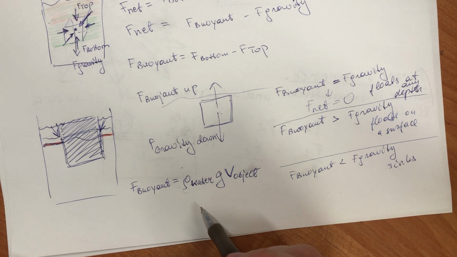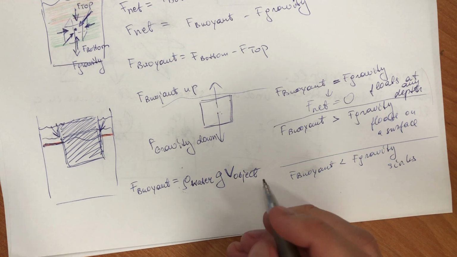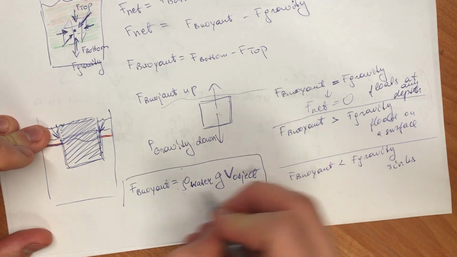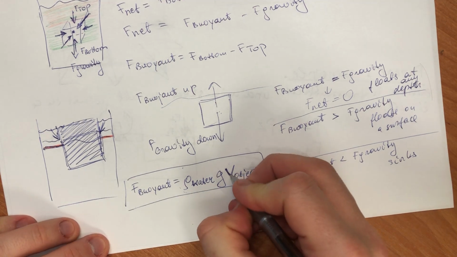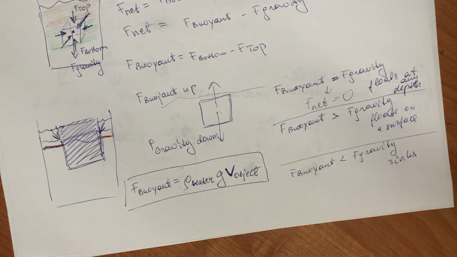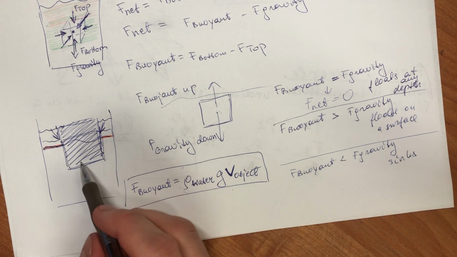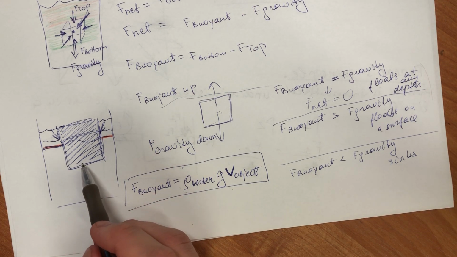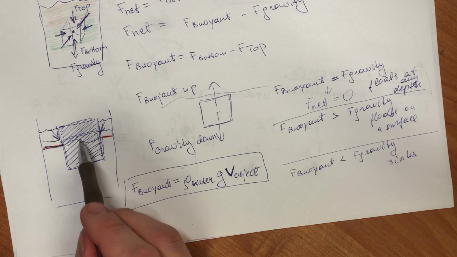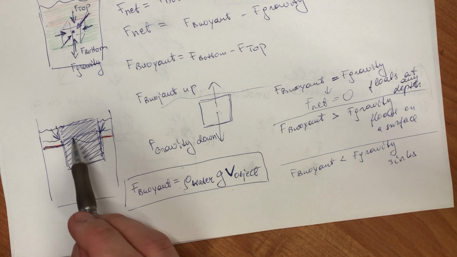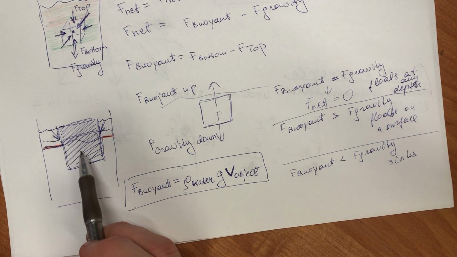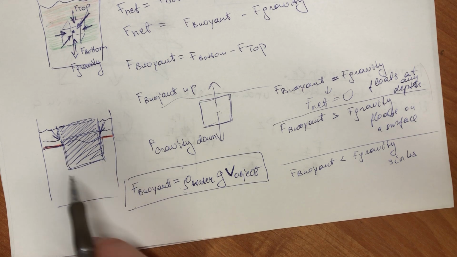This force is called the buoyant force, and it depends on the water, g, and the volume of the object. So here the volume of the object comes into play. If you put a chunk of some kind of metal into the water, it will drown. But if this chunk of metal takes the shape of a higher volume,